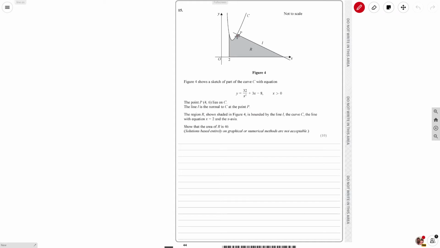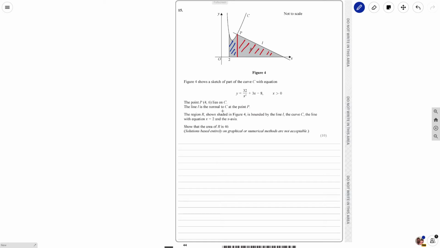Okay, and the key thing here with this question is to drop a line down on the diagram there. So we're really splitting this up into two things. One thing is just a simple triangle, so we don't need any integration for that. And then the other part, which I'll just do in a different color, this part here, this is an